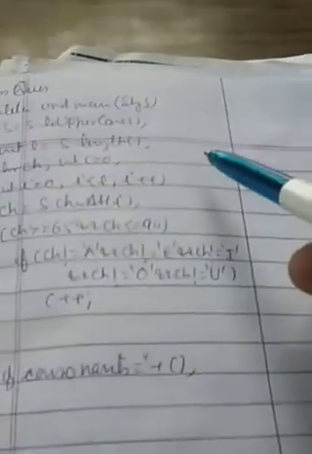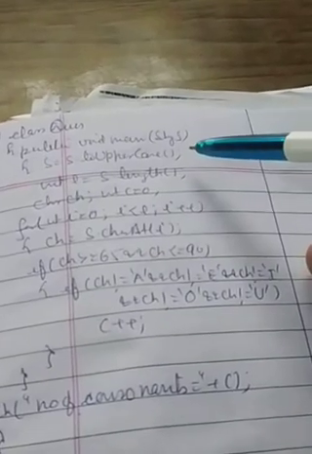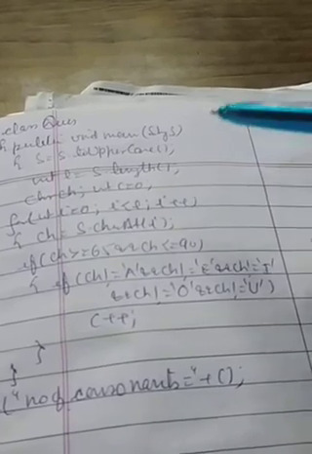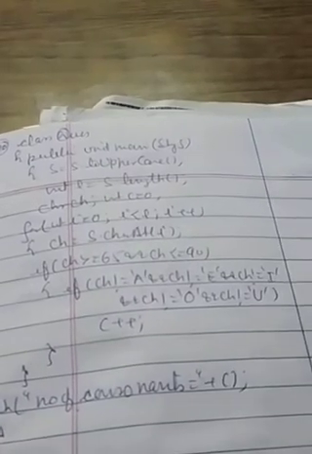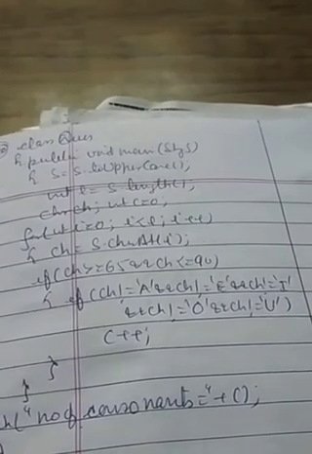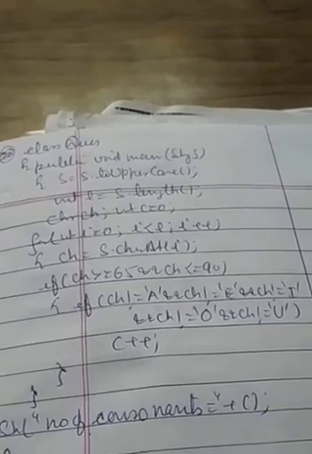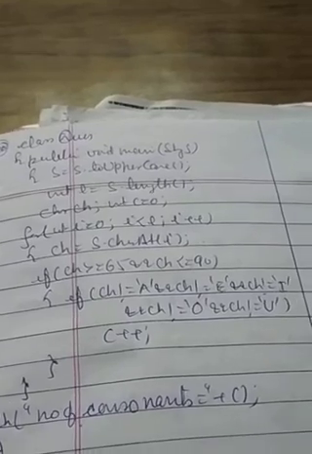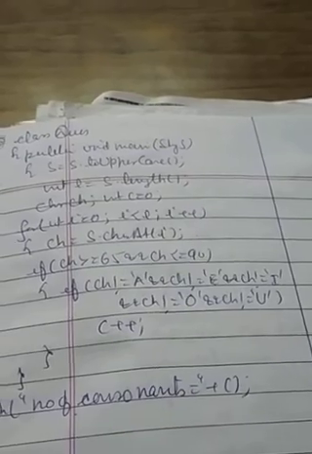Now here is another question, which is finding out the number of consonants. What are consonants? They are alphabets, but not A, E, I, O, U, which are not vowels. As I told you in C, every character has its ASCII code. ASCII codes for capital alphabets are from 65 to 90, small alphabets are from 97 to 122, numbers are from 48 to 57, and the space is 32.